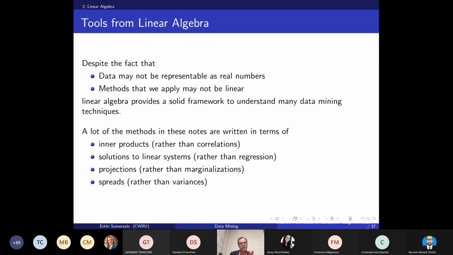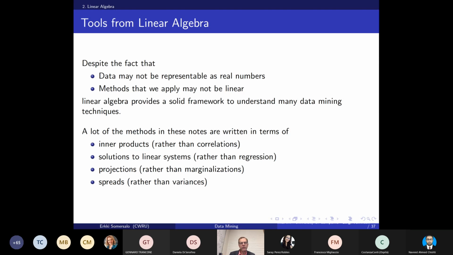And as I mentioned also, this course is not using tools from statistics. So we are using more linear algebraic language than statistical language. So we are not talking about correlations, similarities of vectors. We are looking at, for instance, inner products. So you know that two vectors are similar if the inner product is large, because the same components at the same time are large. So that's the way we are looking at similarity of vectors.